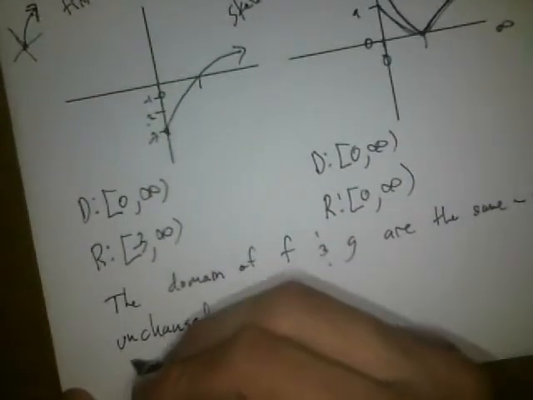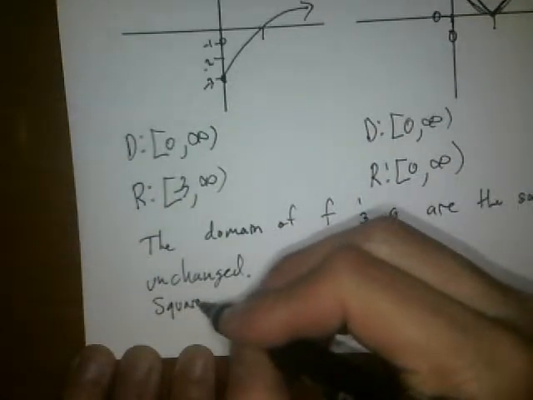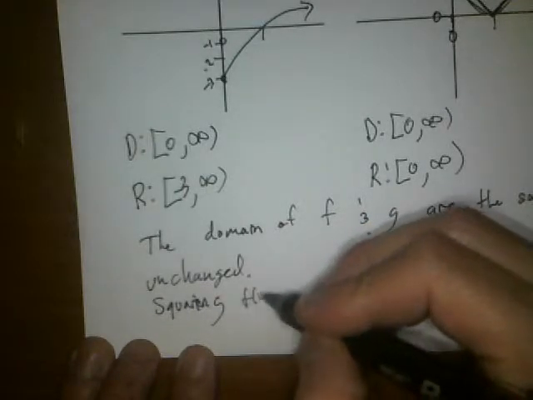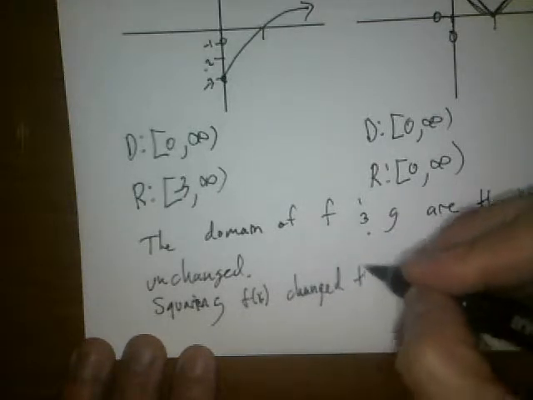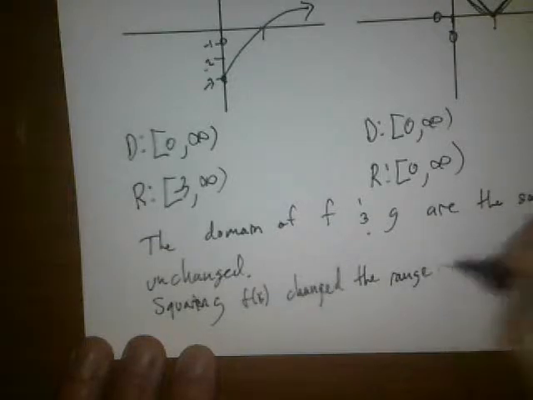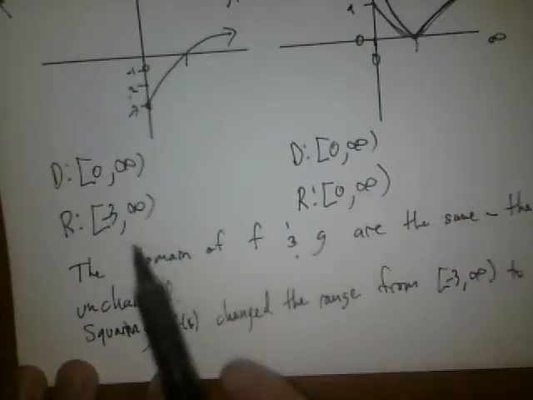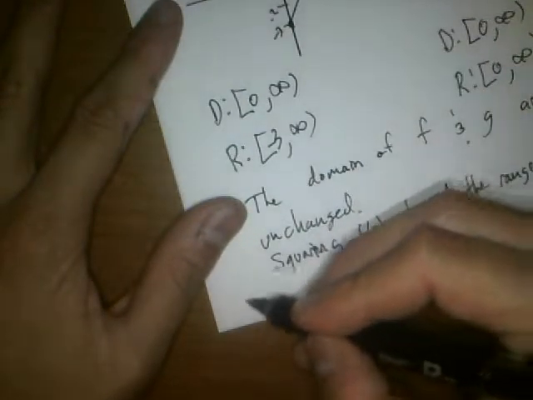So we could say squaring f of x changed the range from -3 to infinity to, if you can see, 0 to infinity. Okay. You could also say the range changed